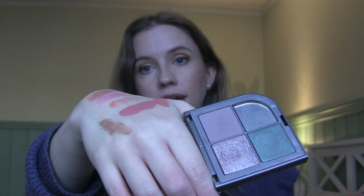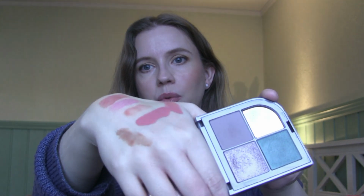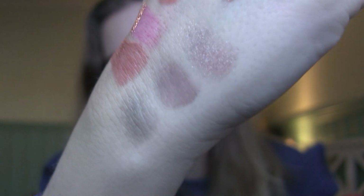They are so dry, not pigmented at all, hard to work with, and one of the eyeshadows in one of my videos, I can't remember which one it was, fell out. So this was just a failure. I mean, the colors themselves are pretty. That's why I bought them. But they just don't perform the way I want them to. So this was a fail. And it was expensive too. So that was the only purchase I got in September, and then in November I purchased the Isadora